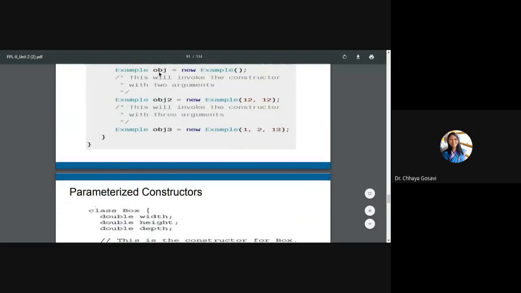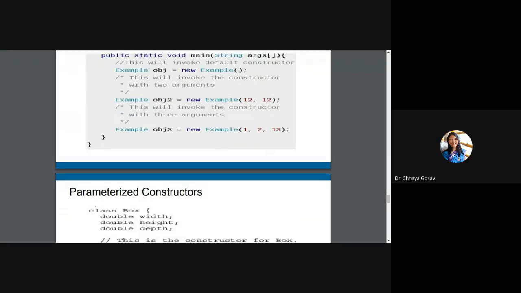Note that one object can call only one constructor, not all three. So whenever an object gets created, a constructor will be called. If the programmer has provided a constructor, it will call the programmer's constructor, which is default or parameterized. If the programmer has not written any constructor, Java automatically calls the default constructor and initializes values.